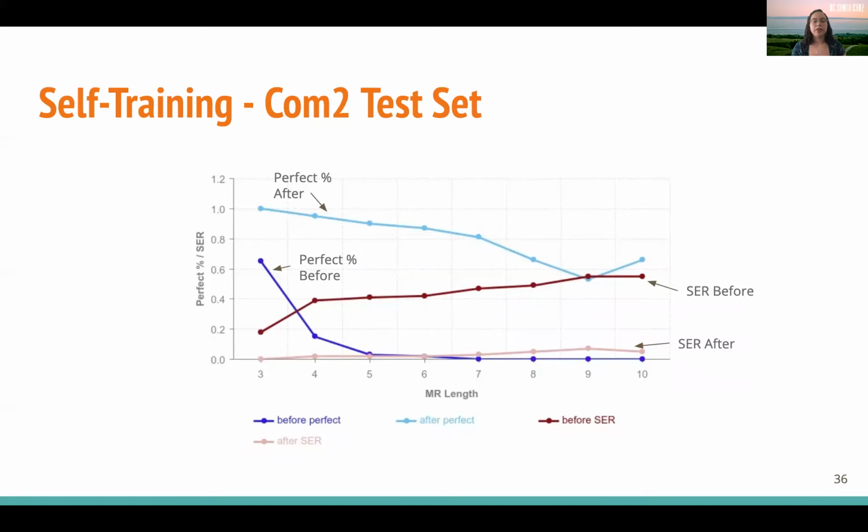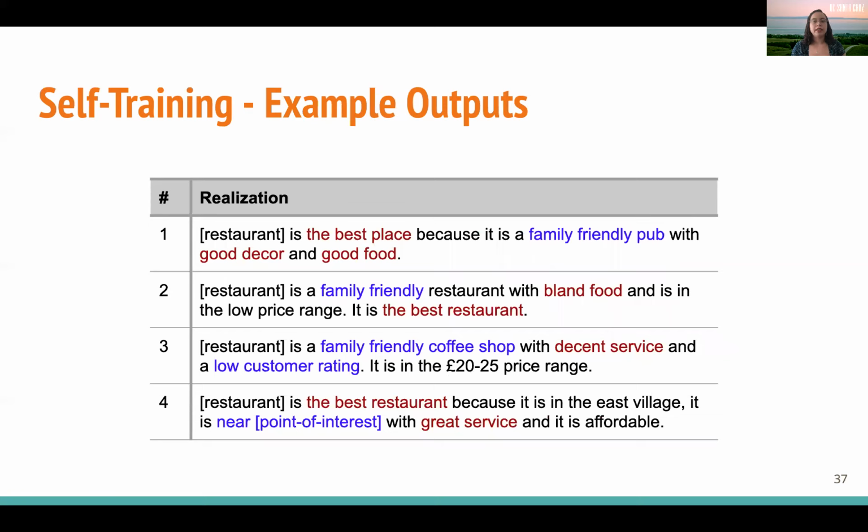Here we compare the results of S-repeat, our best model, with the results of Boole, the initial model for self-training, to highlight the difference from before and after self-training. While perfect percentage at longer MR lengths are 0% for our initial model, they are over 50% for every MR length after self-training. Here are some example outputs from the self-trained model, where we can see a number of aggregation